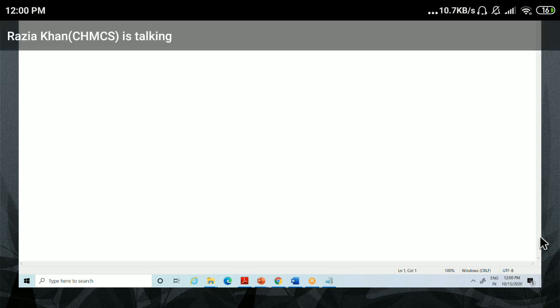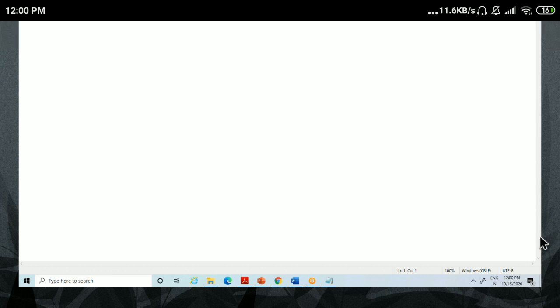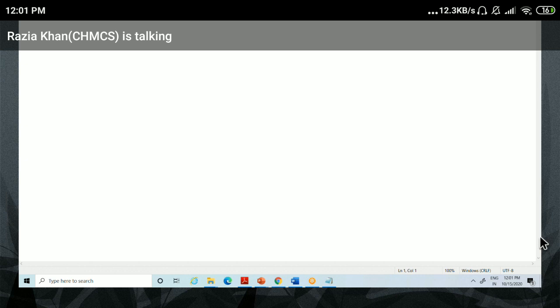Okay, the table which contains a foreign key is called what? A table which contains a foreign key, the table is called what?